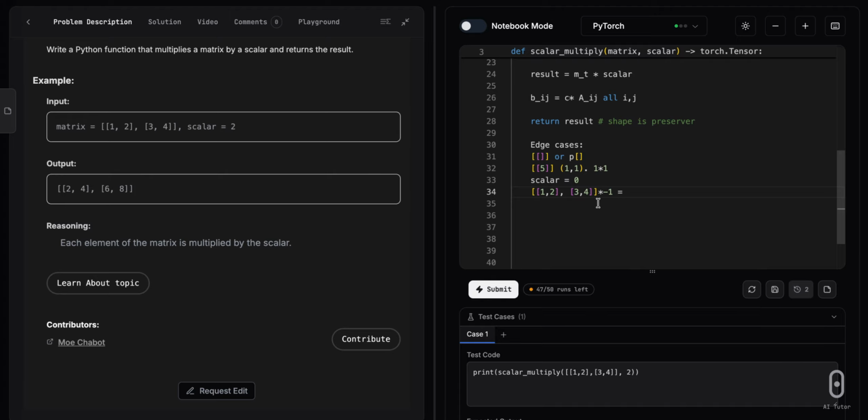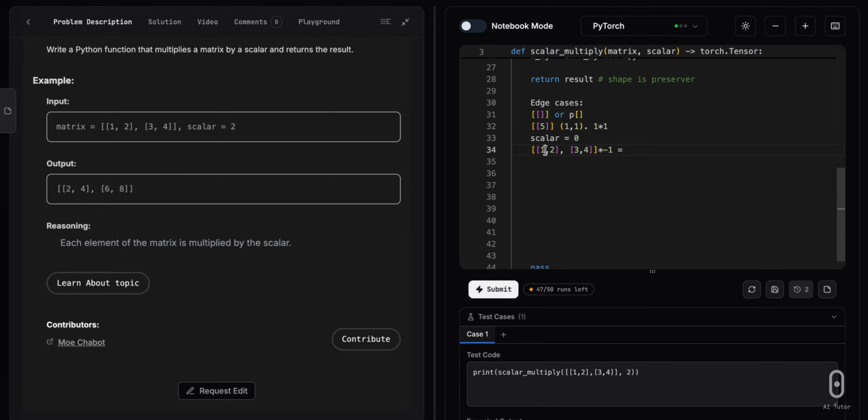And we could even trace through these examples. Since we are dealing with tensors,